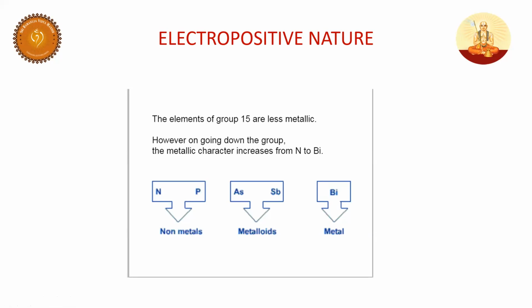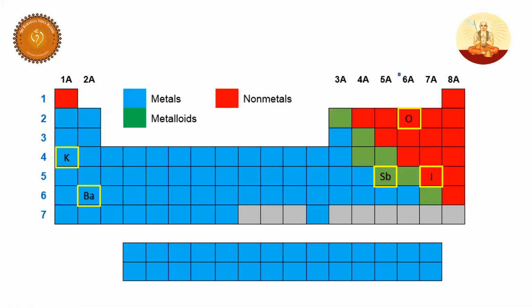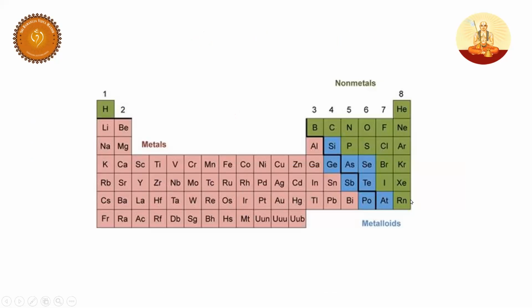Students, mind you, if you go back and have a look here, this is the metal, bismuth, right? And students, have a look here. You don't find metals in the sixth group and seventh group; is any metal available?